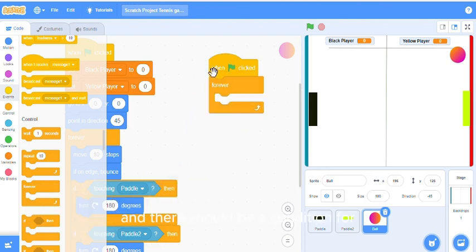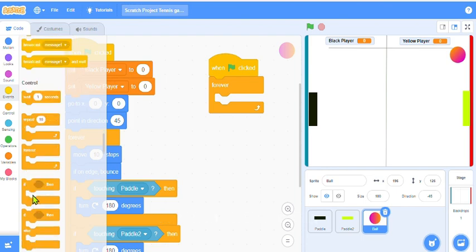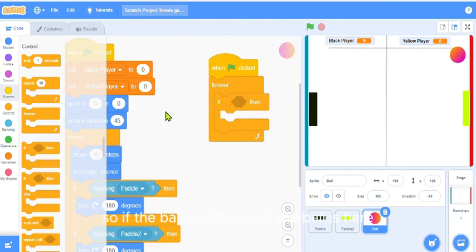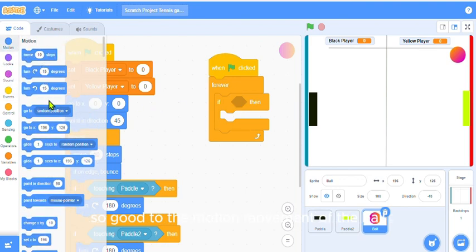And there should be a condition for the scoring. So we put this one here. Now, if the ball touches, the ball is here, it will touch this racket. So if the ball touches, go to the motion, the movement of the ball. If the ball touches,